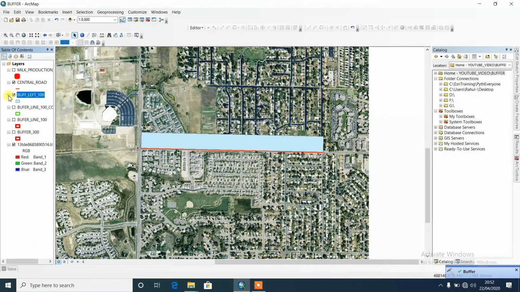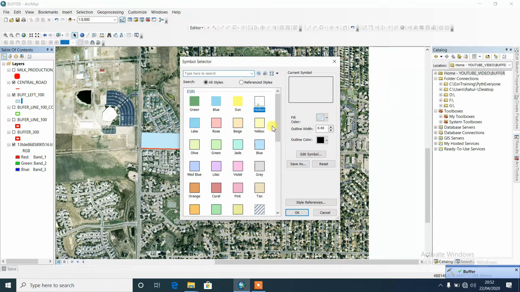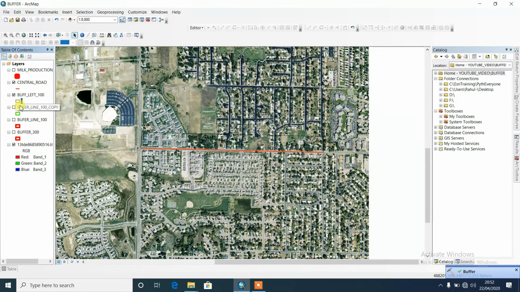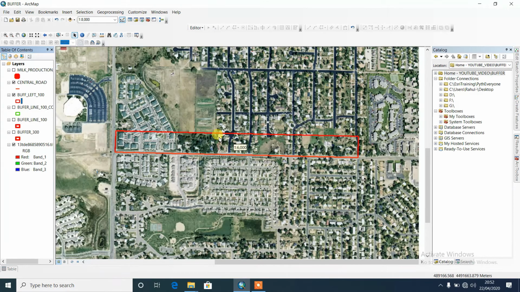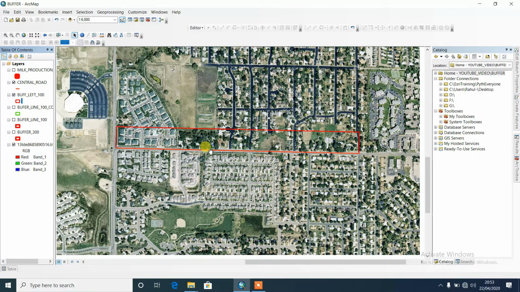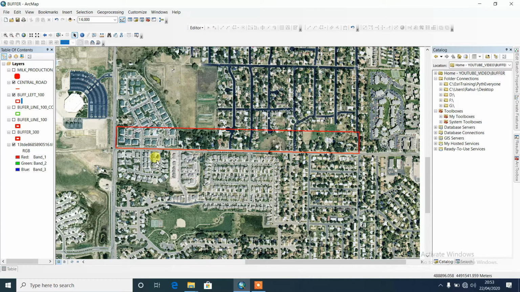See, it's very easy to understand. The left side buffer is generated. You can save your data, because you do not need to create the right side. If you want both sides, then you can choose both or total. So these are the parameters in buffer.